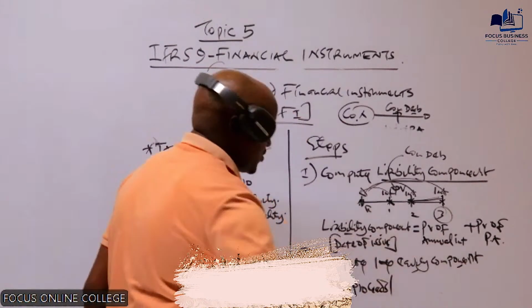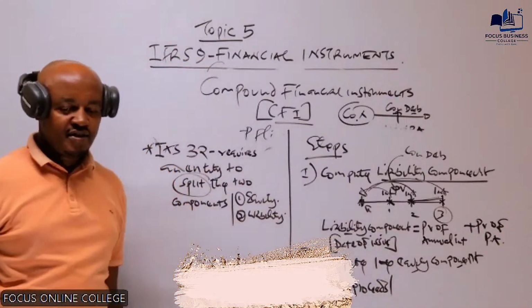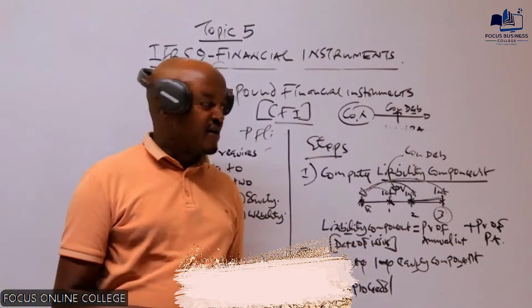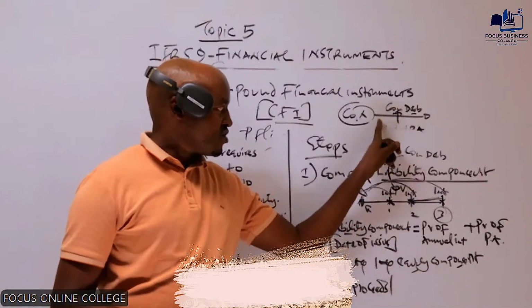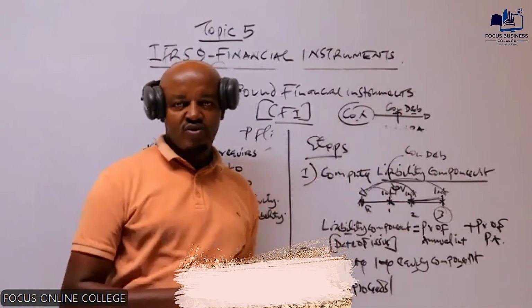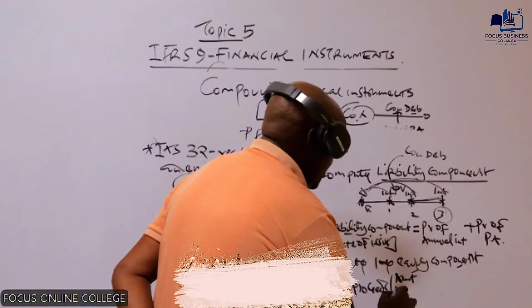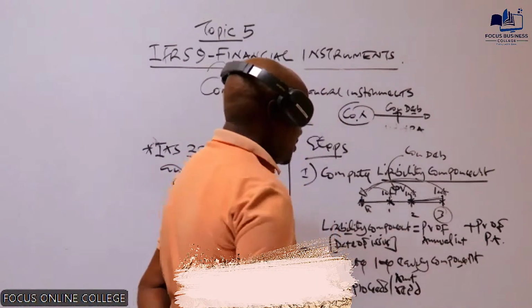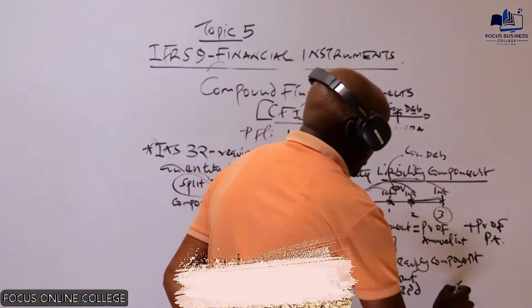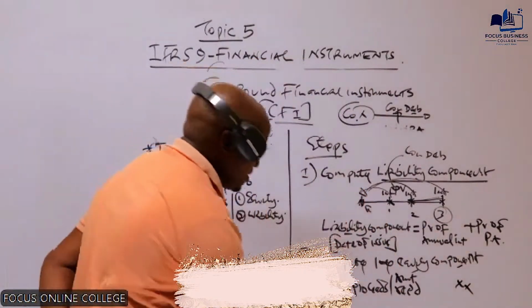So basically, in this case, when we talk about the total proceeds, this refers to the amount of money which was received by the company after issuing these convertible debentures. So how much amount was received? This, in other terms, is known as amount received, or in other terms, the total proceeds. So total proceeds, and then to this we